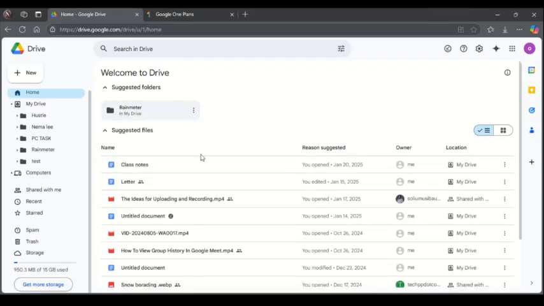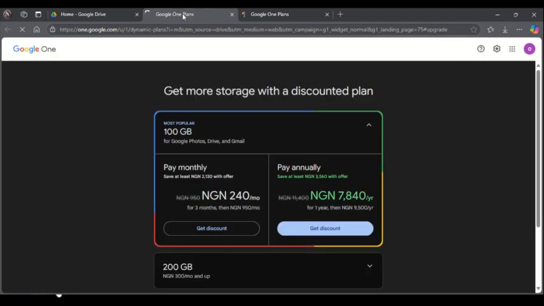In this video I'm going to walk you through how to increase storage in Google Drive. So if you want to increase or expand your storage space in Google Drive, here's a quick guide on how to do that. The first thing you have to do is click on get more storage. Then this will take you down to Google One Plan, which is a platform where you can simply purchase more